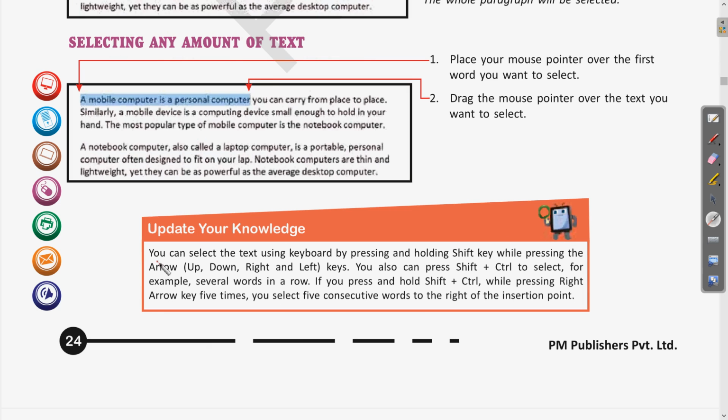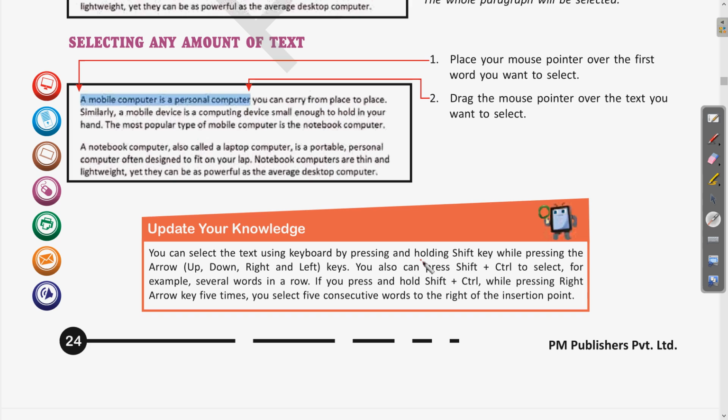Yes, so you can select the text using the keyboard by pressing and holding the shift key while pressing the arrow keys: up, down, left, right. Clear? So earlier we have seen how to select using the mouse pointer. Now there is also the option of selecting the text using the keyboard. So for using the keyboard, what we have to do?